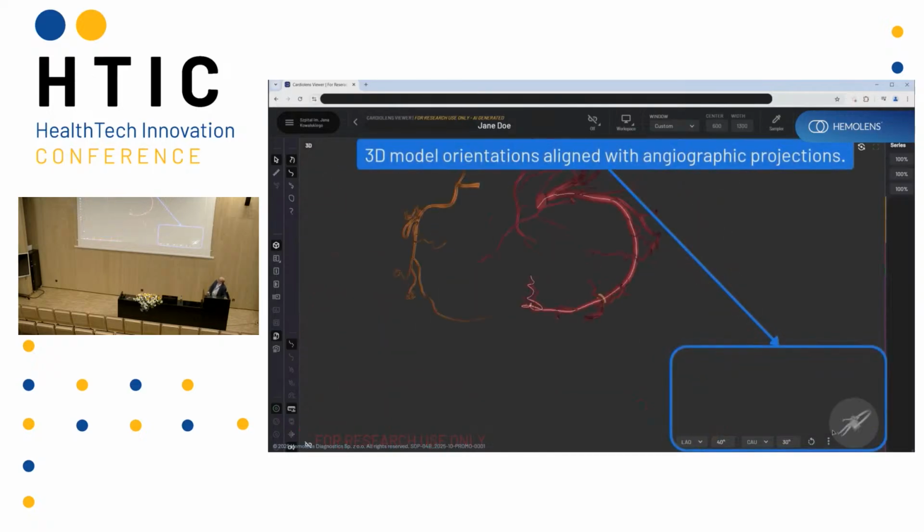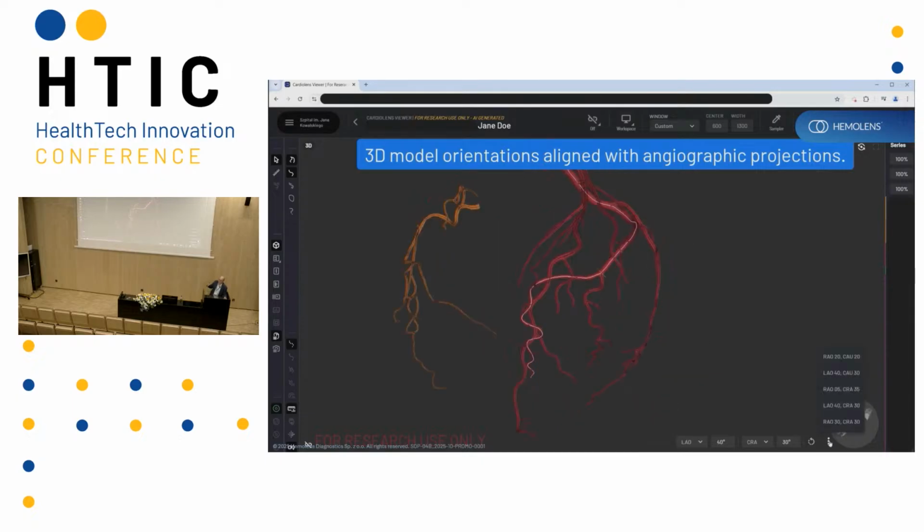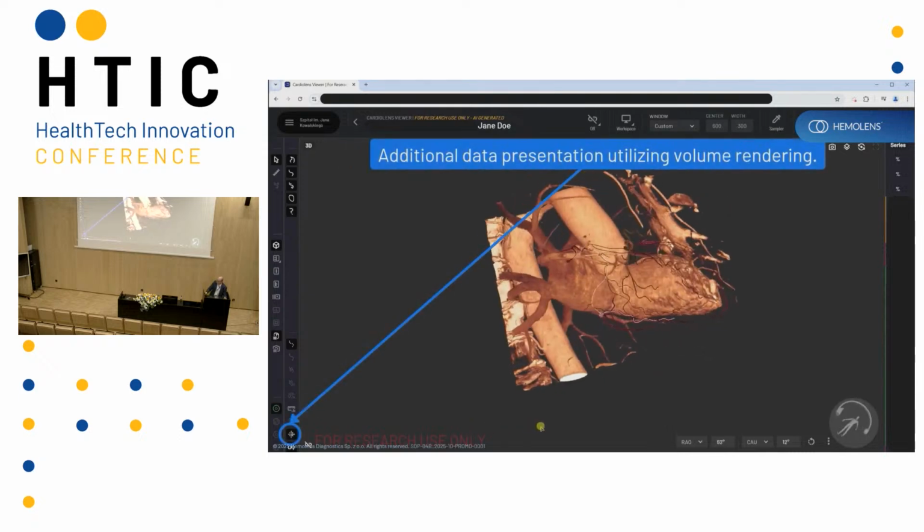Those segmented arteries can be aligned with angiographic projections, so doctors can see what they will see in the cath lab.